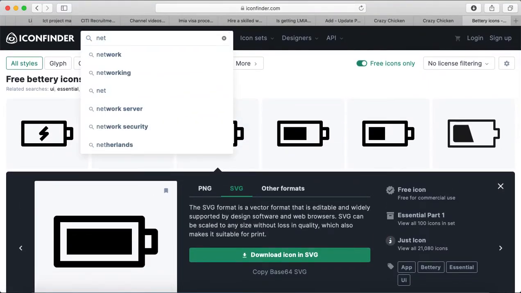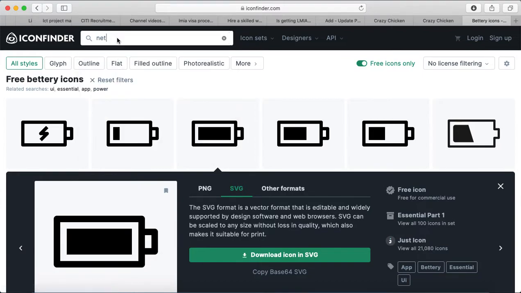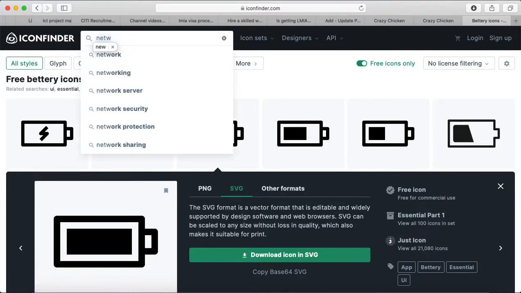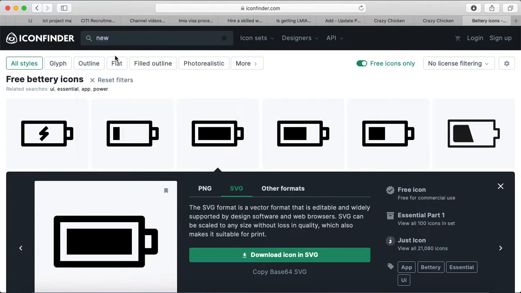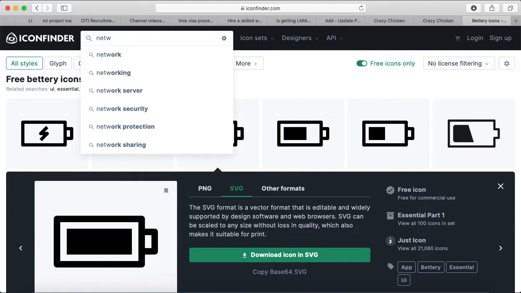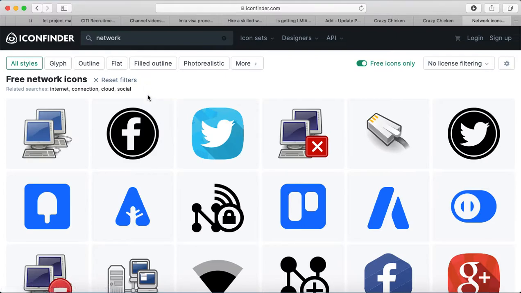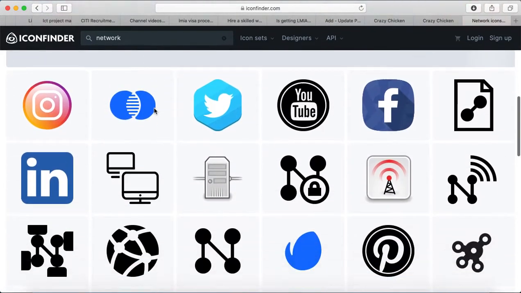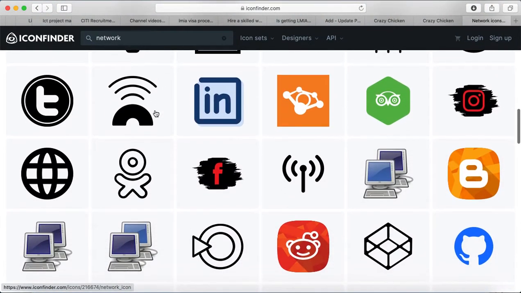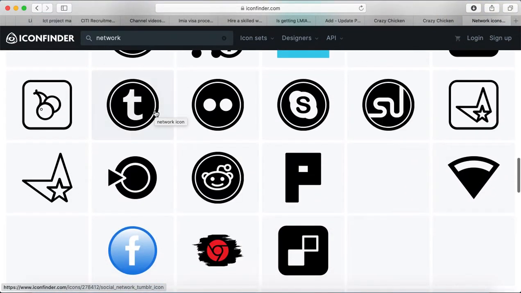The thing is, we need to capture the exact word. This symbol is called network, this symbol is called battery, you know, so we need to get the exact word, and according to that we can find the element. Now see here, network is giving a different thing.